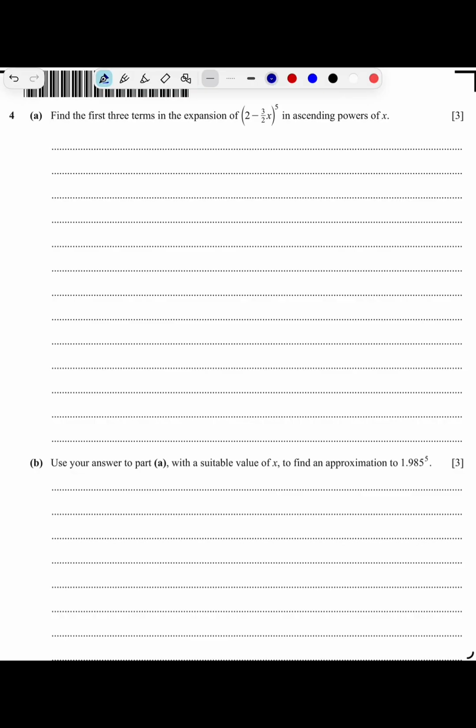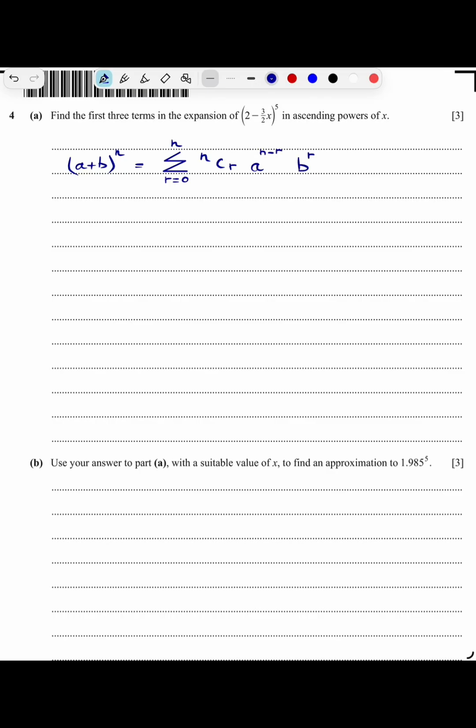Okay, question number 4 part A, it's worth 3 marks, and it says find the first 3 terms of the expansion of this in ascending powers of x. Okay, this is a binomial expansion. Okay, so let's just write the formula down. So (a plus b) power n is equal to the summation of r from 0 to n nCr a power n minus r and b